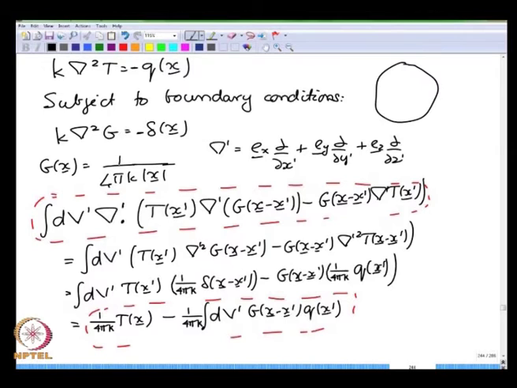I could also simplify this integral using the divergence theorem. If I use the divergence theorem, then this integral dv prime del prime dot becomes an integral over the surface of the unit normal dotted with